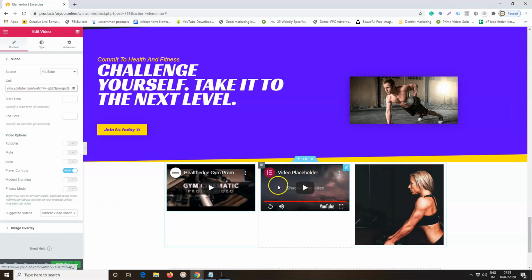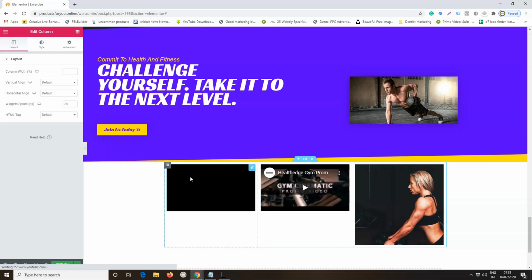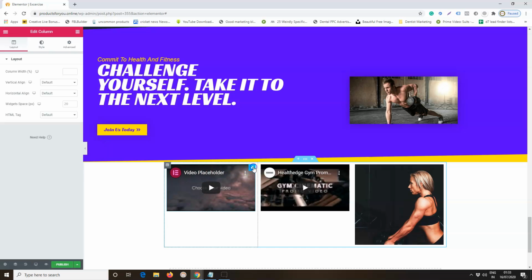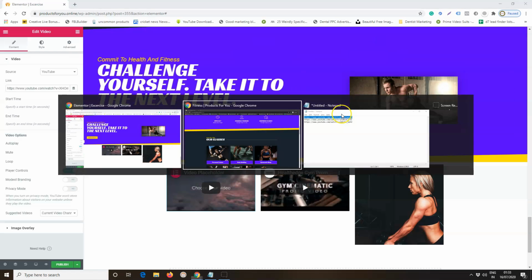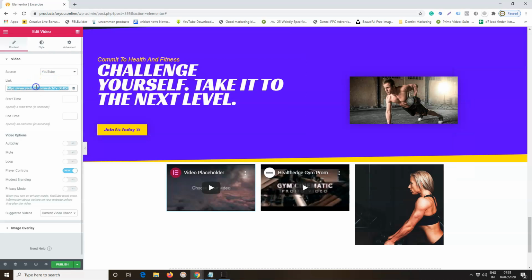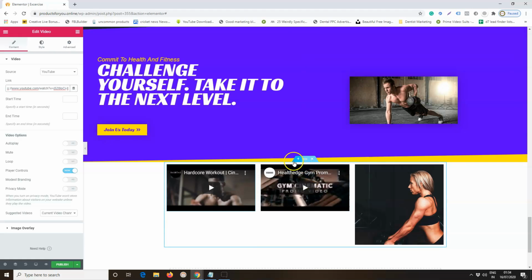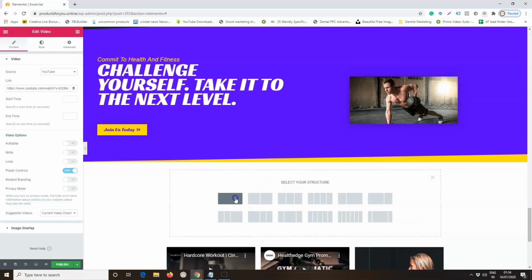Perfect. So now, since I'm not able to do this, I will just swap the positions of this. See, it is that simple. You can edit now. I will put the second link now. Done. Maybe let me add one more section for the heading. So let me say add section, and I want to include heading.